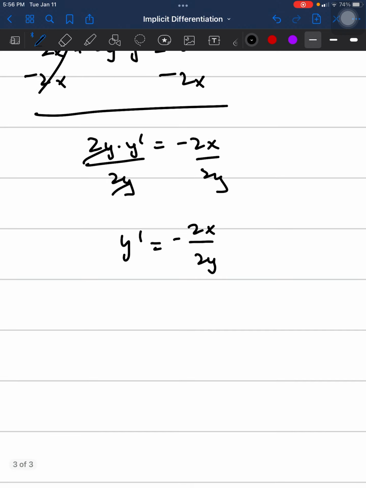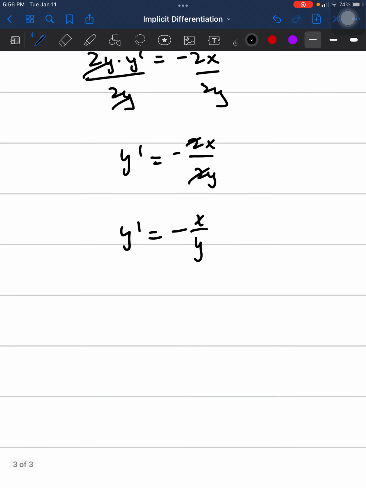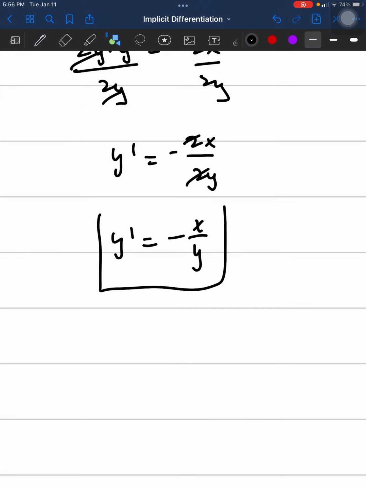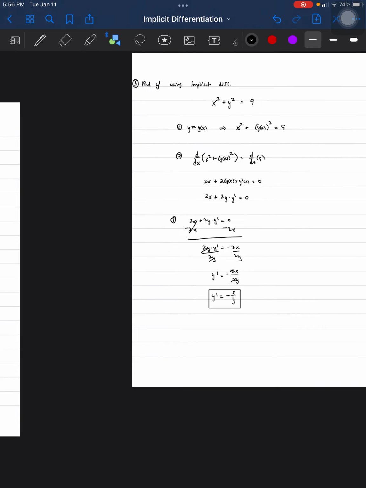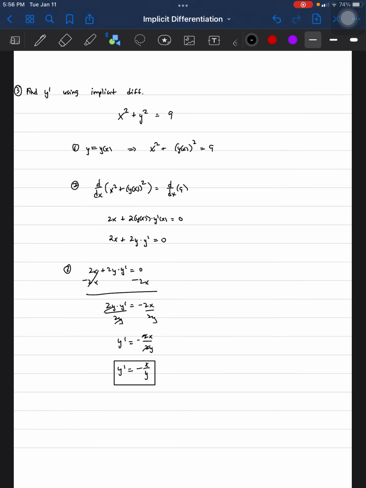And our y prime is going to be negative 2x over 2y. But we can simplify this and say that y prime is just negative x over y, because the 2's cancel. And our final derivative using implicit differentiation for x squared plus y squared